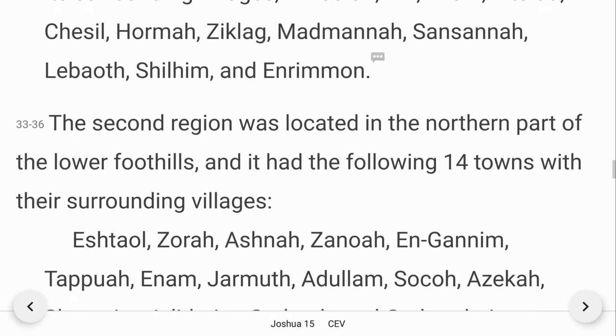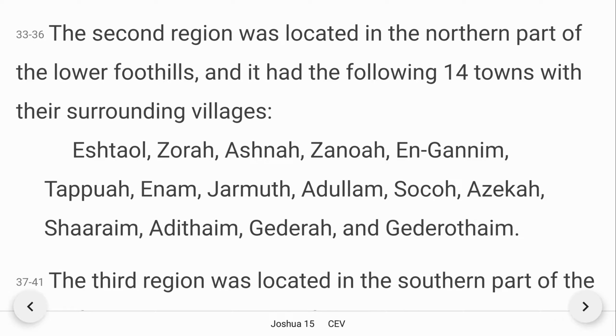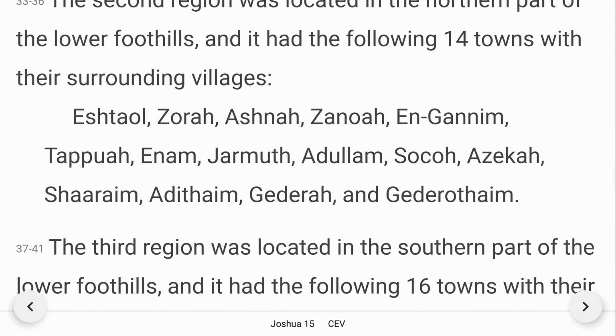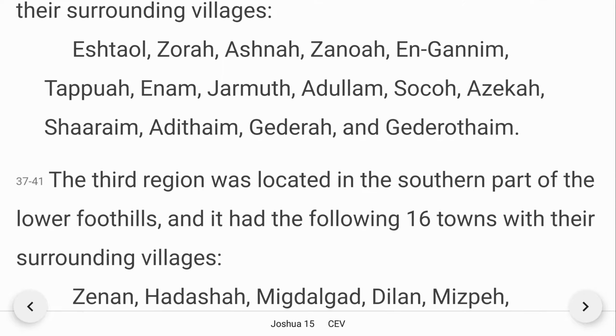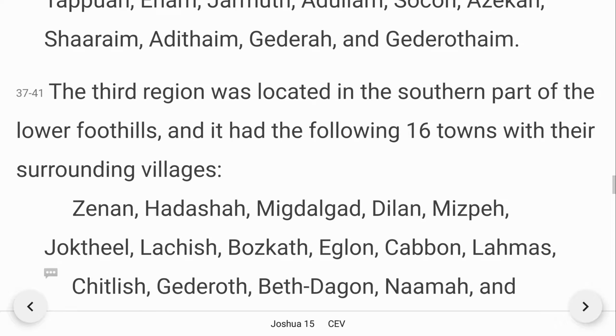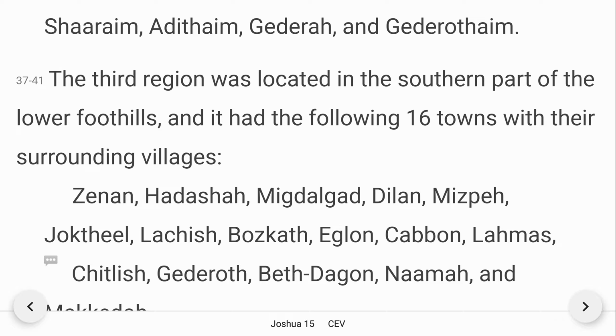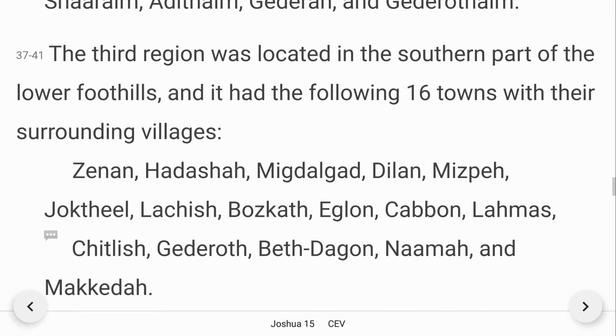towns with their surrounding villages: Ashtar's, Urjar, Ashna, Janaz, and Ganim, Tatua, Enam, Jarmos, Adullam, Sokosh, Azekah, Sharaim, Aditaim, Gedara, and Gedaronetaim. The third region was located in the southern part of the lower foothills, and it has the following 16 towns with their surrounding villages: